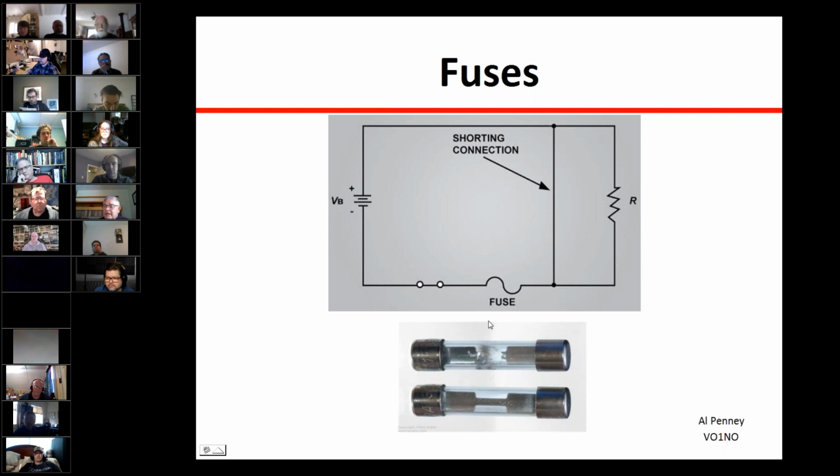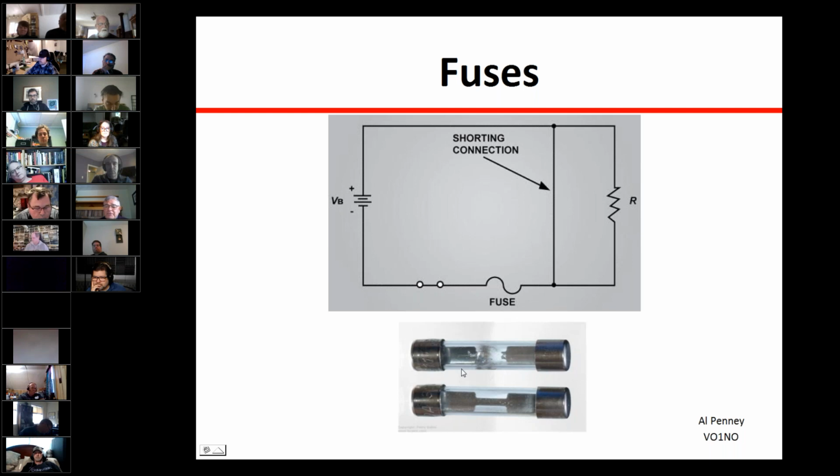Now, never replace a fuse with a bigger one than is recommended by the manufacturer. So if you've got a 5 amp fuse that blows, don't replace it with a 10 amp fuse. You're defeating the whole safety aspect of a fuse. And it's not just current restrictions, you've also got to make sure you're replacing it with a fuse that can handle the voltage as well, because if there's a high voltage, that might look like an open circuit, but if you've got 10,000 volts, it's just going to keep jumping across there. It'll arc across there, no problem. So you got to make sure that you follow the manufacturer's recommendations for the current and the voltage